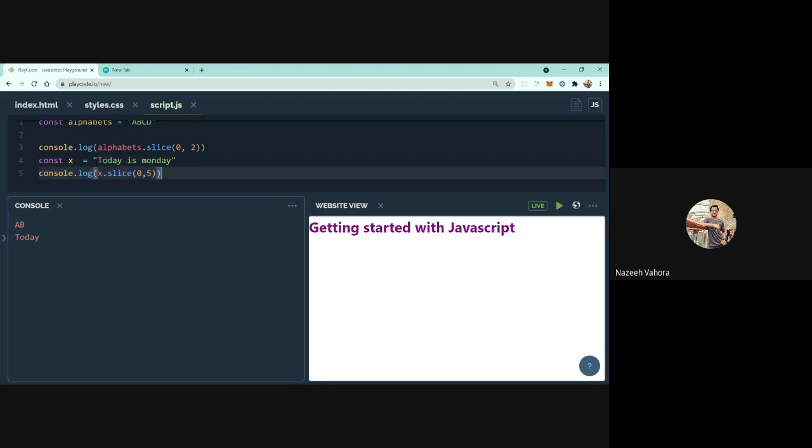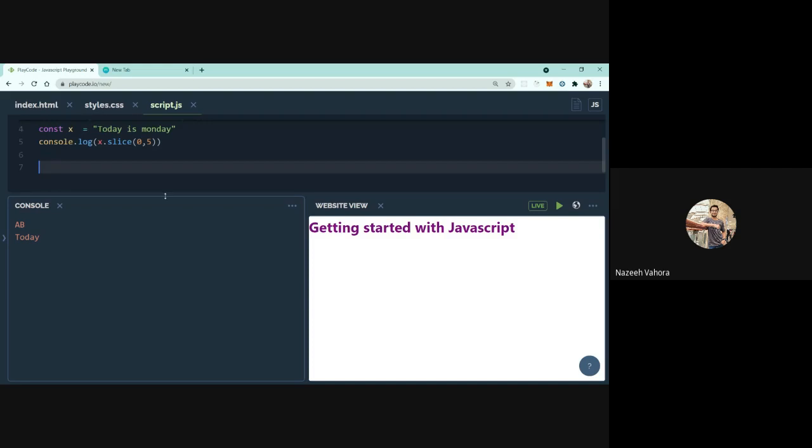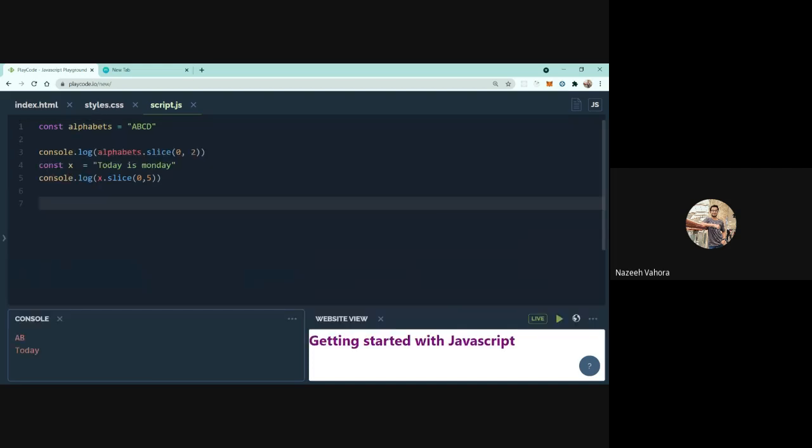And apart from that, there is a similar kind of method, the splice method. Let's use this variable again, and the new method is the splice method.